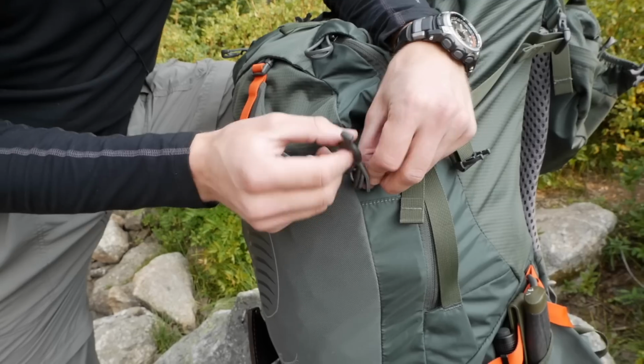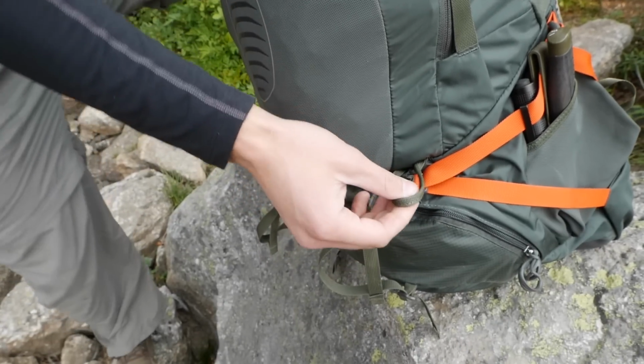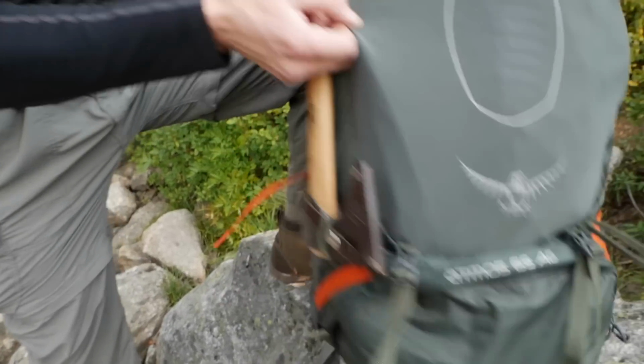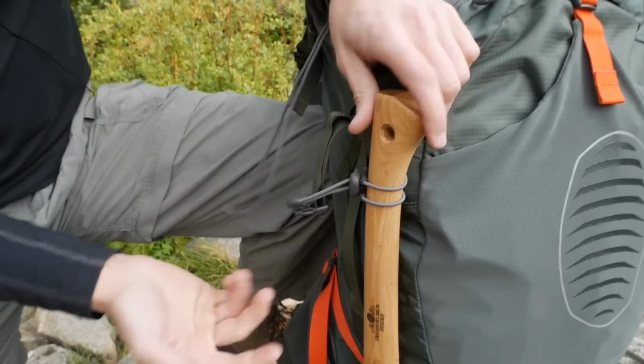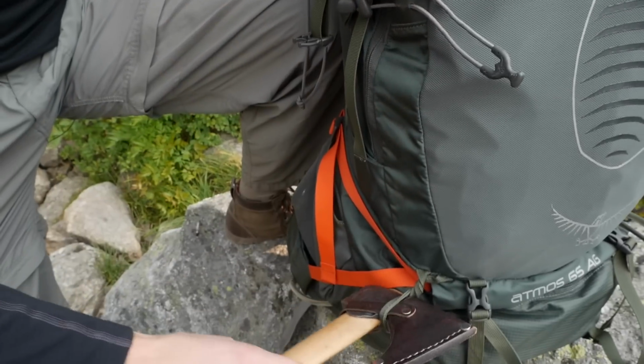You can put it in here, and then you can secure it down, and then it can be held in this loop down here. So for example, on this side, we have a little hatchet. The way that works is it's secured up here. You can easily release it by just doing that, and then you can just unwind it